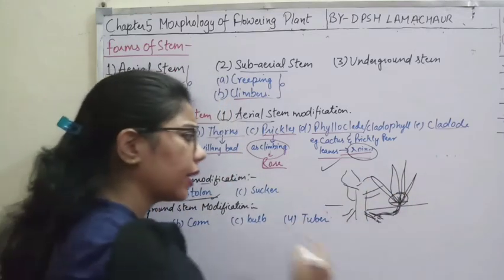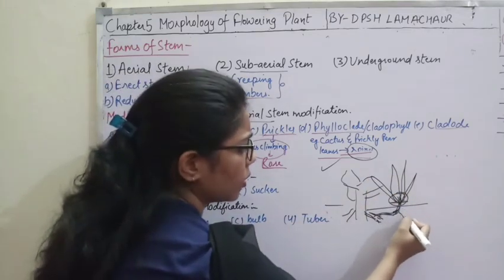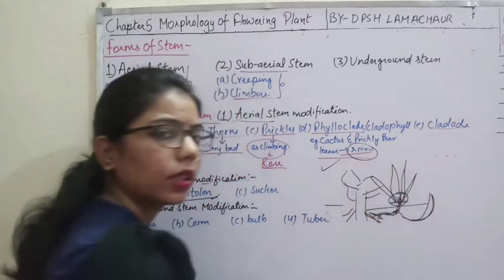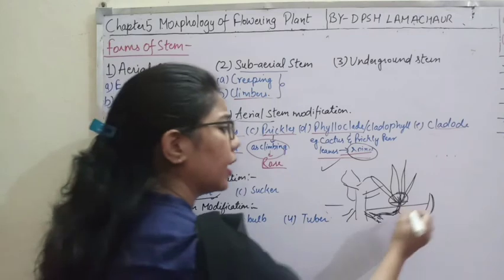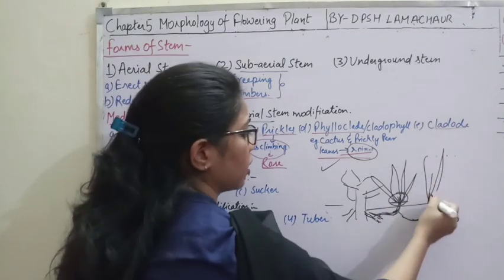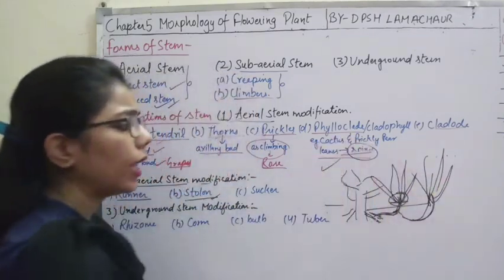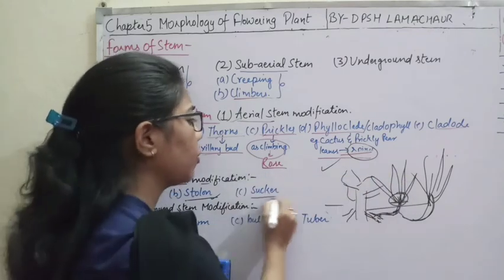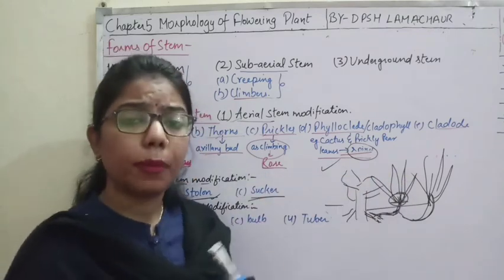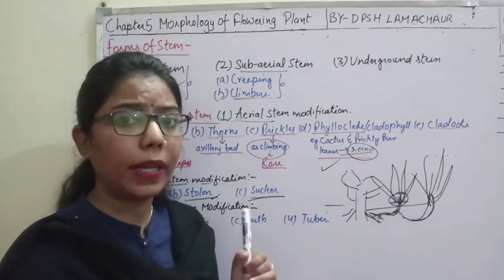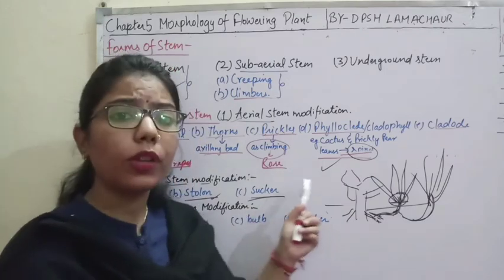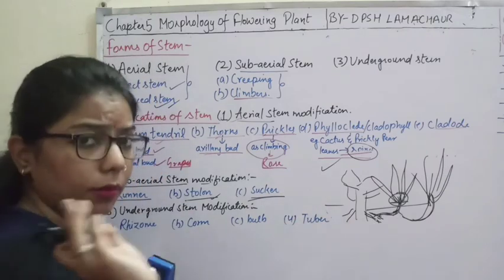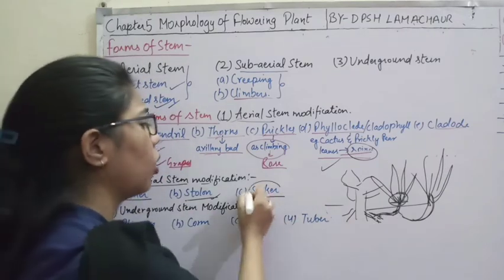Like this, again from the roots of this one, there will be formation of a stem-like structure, and again this stem-like structure will give rise to a new plant. So like this it keeps spreading itself. You can see this type of sucker in banana also, pineapple also, and banana and all of those.